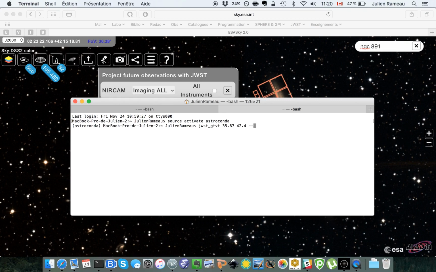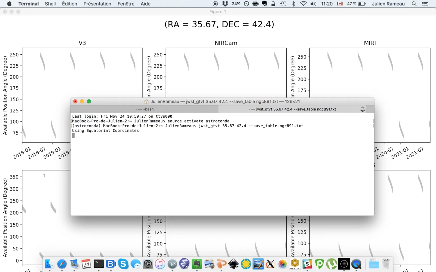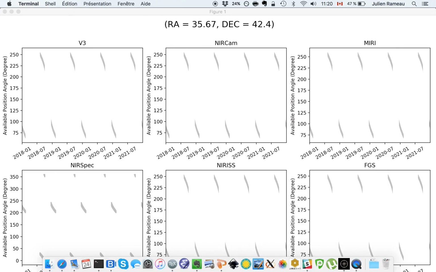Okay, and I'll actually use this option of saving the ASCII table output instead of showing it in the window. There. So this tool produces a nice